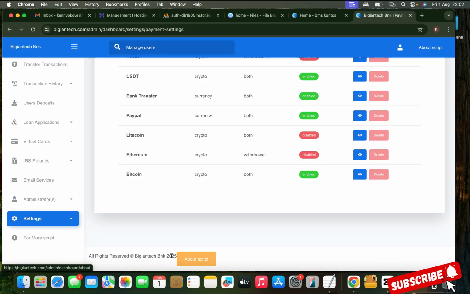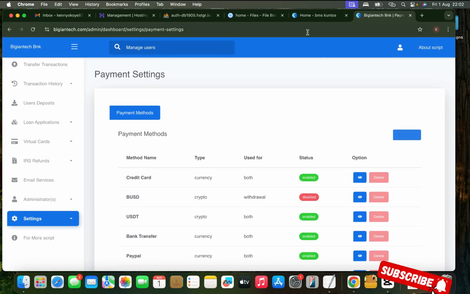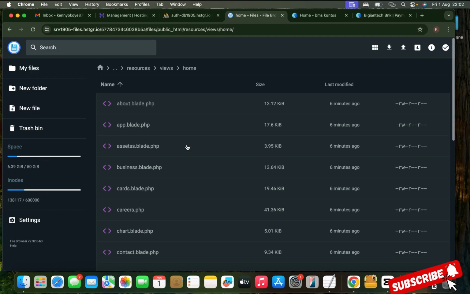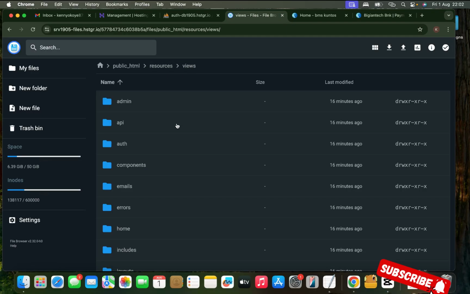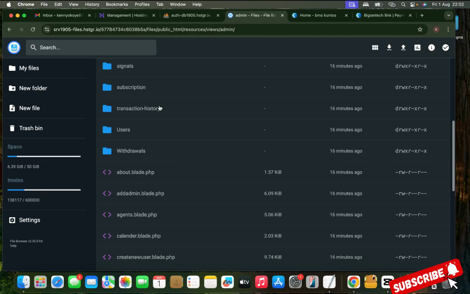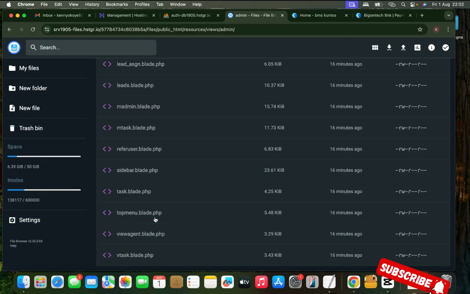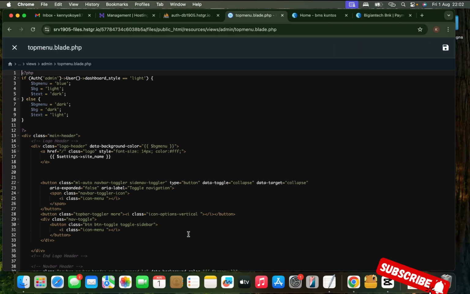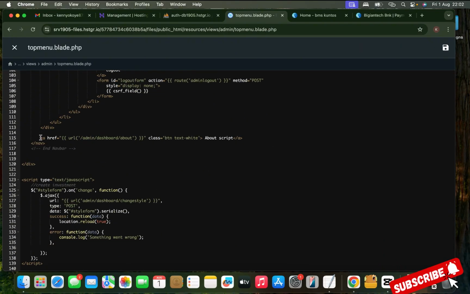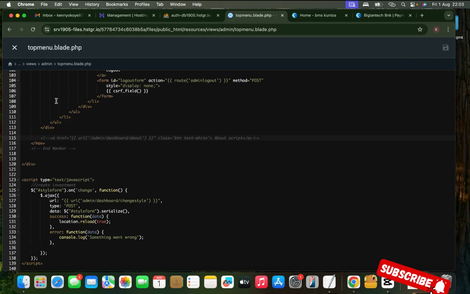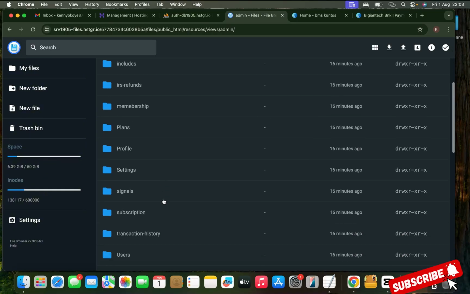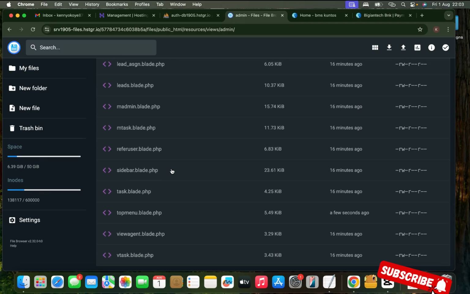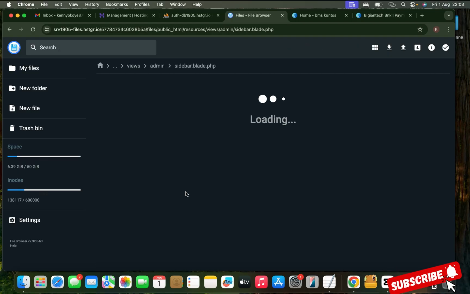Now to remove all this, it's very easy. You locate them. So go back to your files. Now go back to views, go to resources, go to views, you go to admin, you scroll down to top menu .blade and sidebar menu. So if you go to top menu, edit this, you scroll down to this section, you can see it here, and just comment on this. So this is how you change it. If you go to sidebar, do the same thing, edit, and